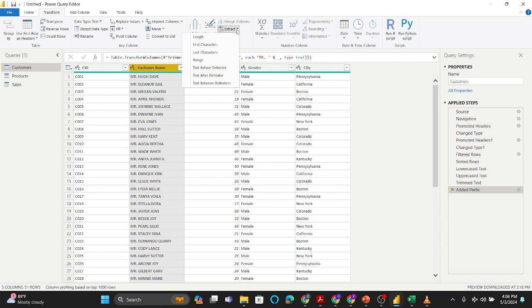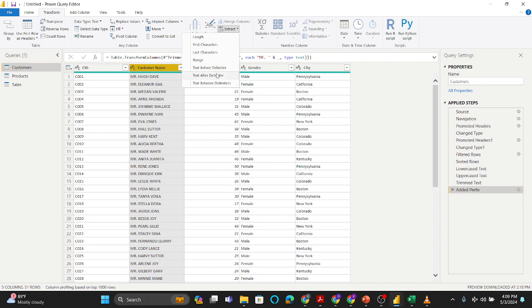So this one can also be like splits, but splits is splitting each occurrence into different colors. But this one I'm just extracting a part of it. Now, if I want to use extract in this case, I'm currently selecting transform. It's going to extract in place. That is, it's going to change the original state of this data set. So if I click on extract now, probably I want to extract the